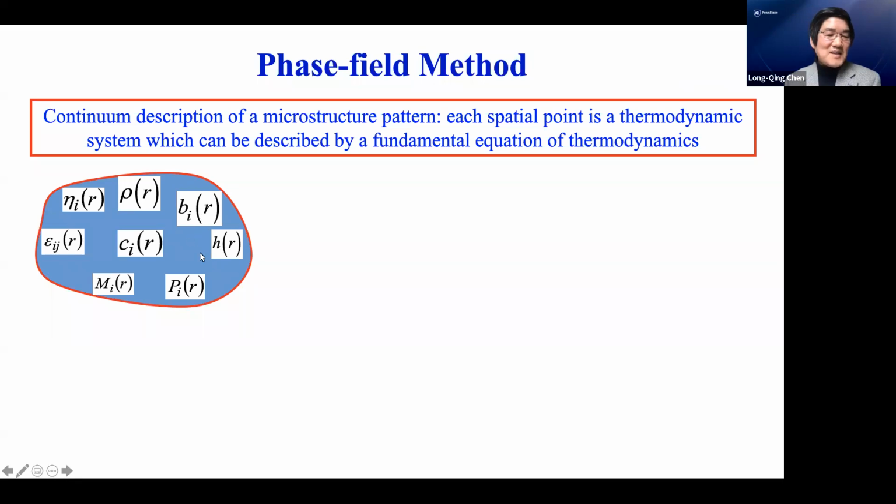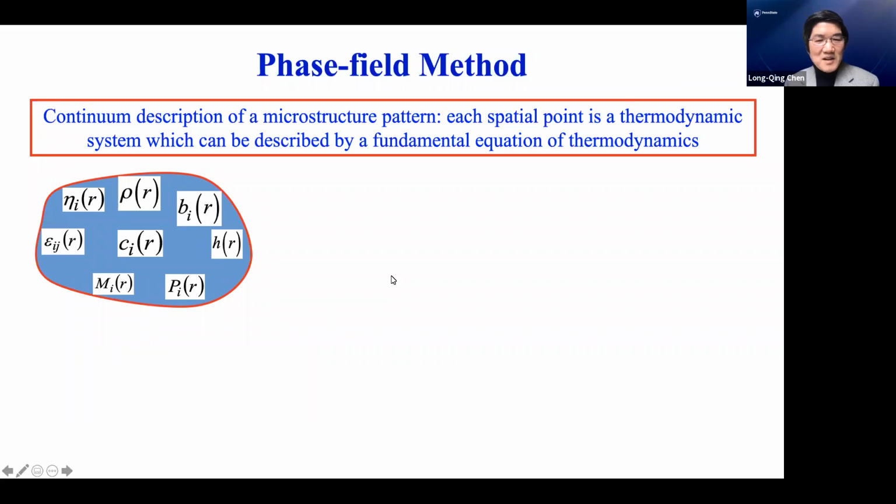Or you can even include things like cracks, crack opening in different locations, or even dislocations represented by Burgers vector distributions, as well as possibilities of atomic ordering, phase separations, anti-phase boundaries, or grain boundaries. So depending on a particular problem, you can find a set of what we call fields to represent a microstructure. Of course, for a particular material, we don't need all these fields, but I'm just saying that you can represent